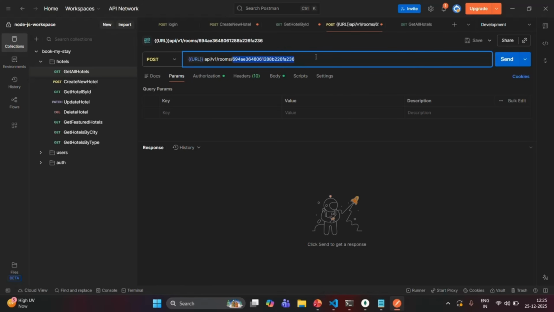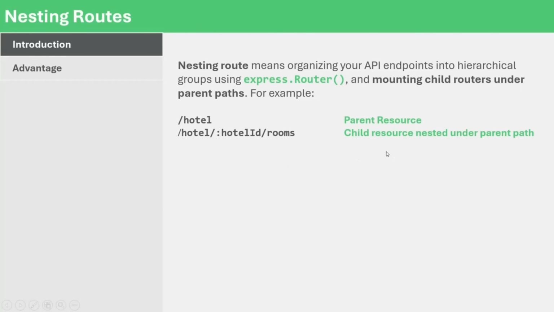And here we are basically making a request to the rooms resource. But this rooms resource is a child of the hotel resource. So any room which we create will be created for a hotel. So using nesting routes, we can define that hierarchical relationship. For example, for the rooms resource, the parent resource is hotel. So if I have to make a request to the rooms resource in order to create a new room,